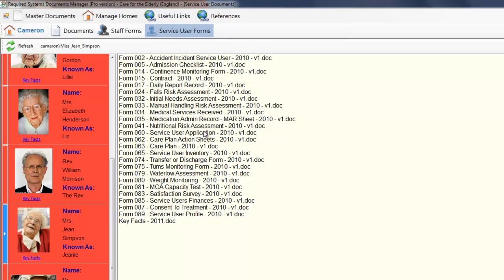Again, if these have been edited and saved, it will contain the information for Jean in these, and you can add additional documents in here. One of the important things is this key facts link which you have for both staff and service users. This is a very quick way of accessing the important information about any either member of staff or service user